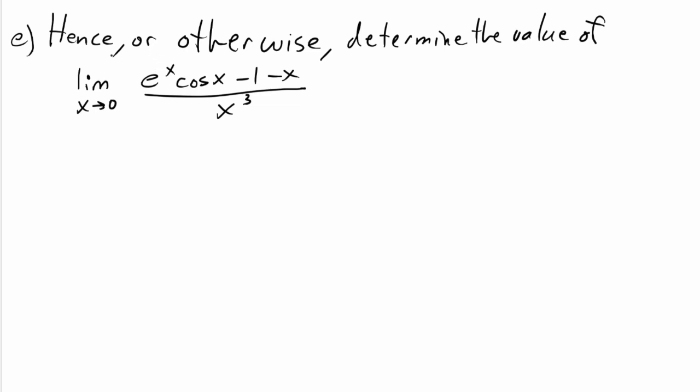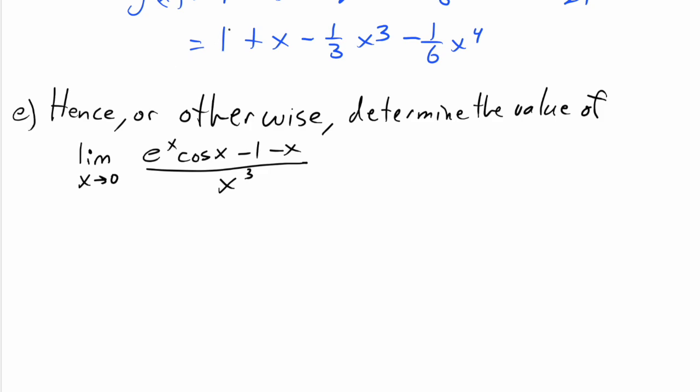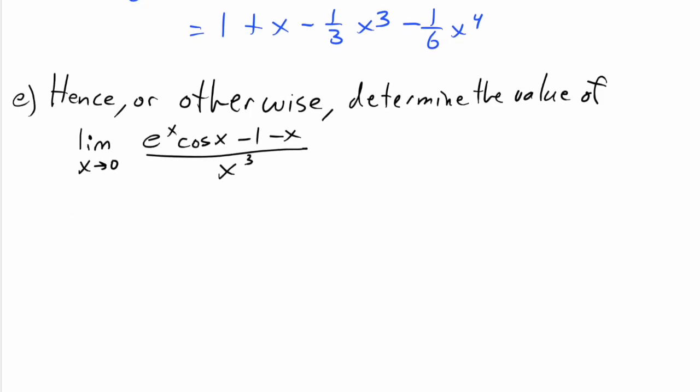In this last question, we have, hence or otherwise, determine the value of this limit. So you can do it any method you want. Hence is usually easier. The otherwise, in this case, you could do L'Hopital's rule like 3 times. But the hence is easier because we can just plug this in for e to the x cosine x, right? So this is going to be equal to the limit as x tends to 0. Just plug that in. We got 1 plus x minus 1/3 x cubed, minus 1/6 x to the power 4, dot dot dot,